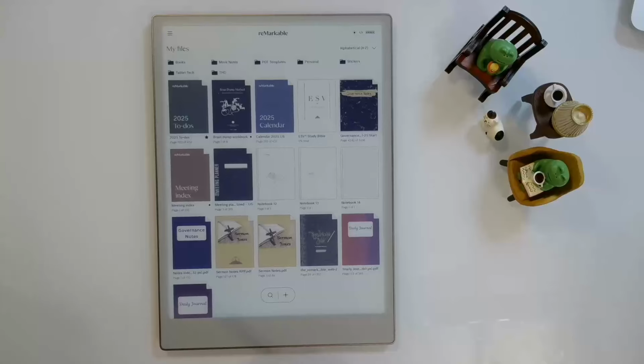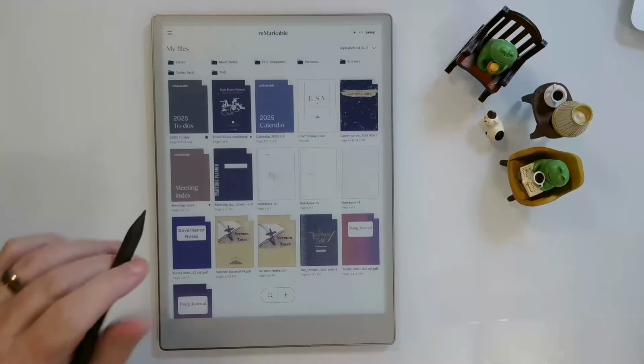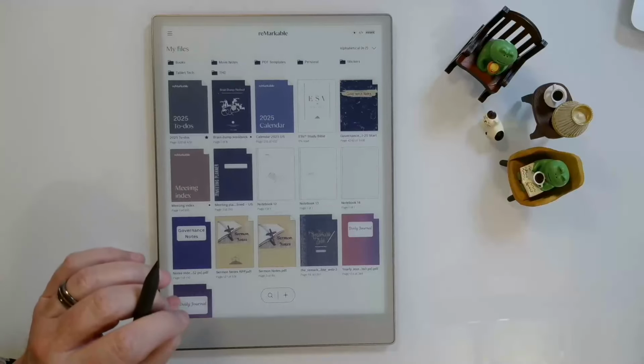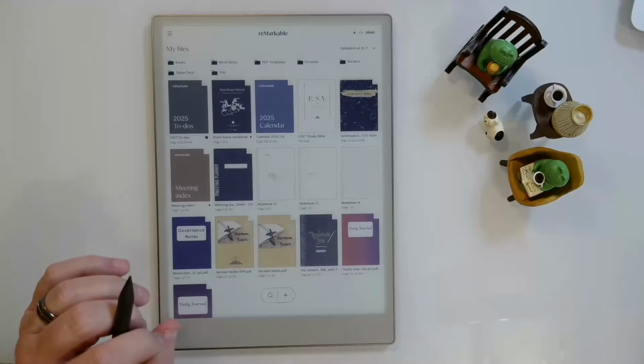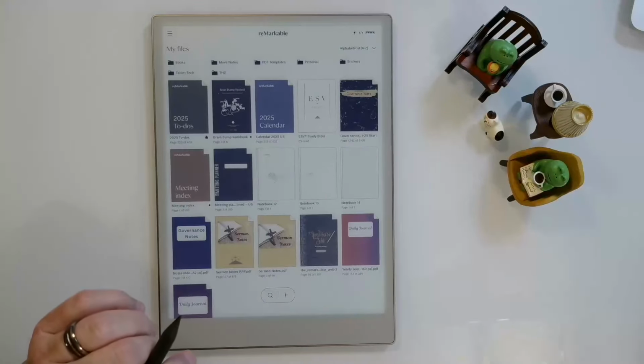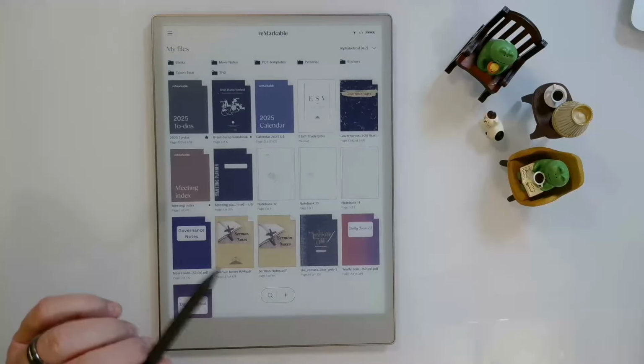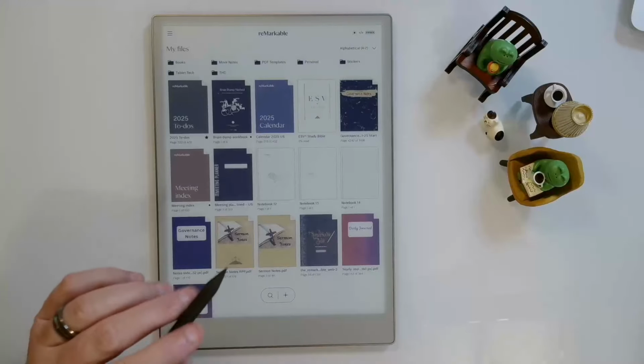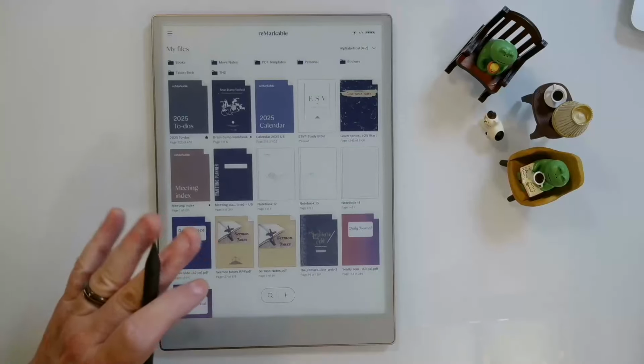Some people balk at that. I do not. I think that, as much as I use a Remarkable device, it's not my only device, and it's not my main device, but I use this device every day, typically for journaling and for some other uses. But I find that the $2.99 a month is a very small price to pay to give me great functionality in the Remarkable. Not everybody feels that way, and I certainly understand why some people would not want to pay that. But anyway, there are some new methods templates available